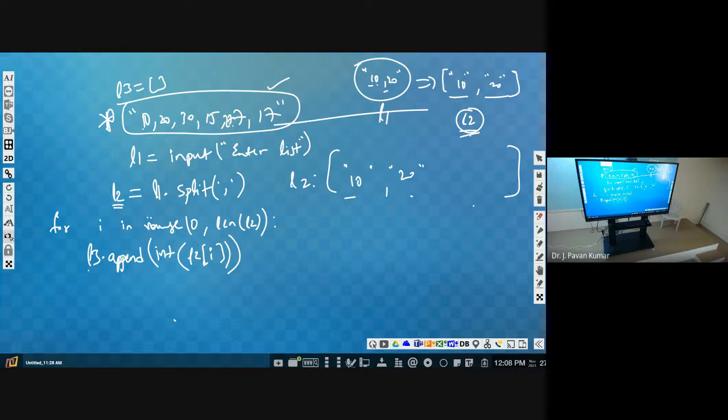L3 is integration, sir. We can use the extend function. If we use the extend function, we don't need to just calculate. Then everything we have to convert, right? It is not like we already have that 10, 20 list and want to keep that as L3. It is like we have 10 as a string, 20 as a string. Everything we have to take one by one and convert, right?